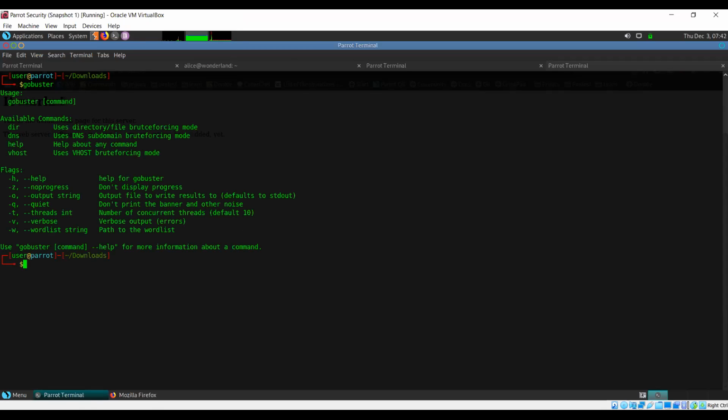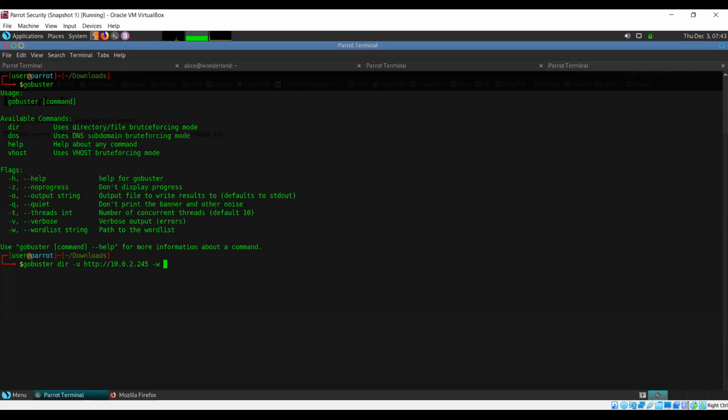So for GoBuster, if I just press this, it's going to give me the usage. I say gobuster dir because I want to use directory brute forcing mode. Then I specify the URL with -u, which is http followed by colon and two forward slashes and our target IP. And I also need to give it a word list.